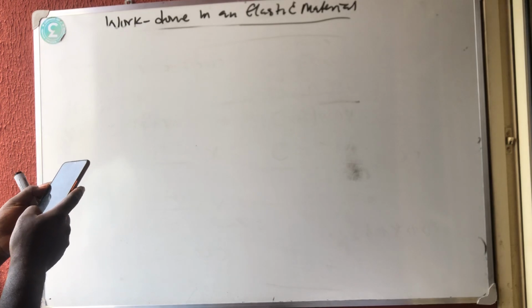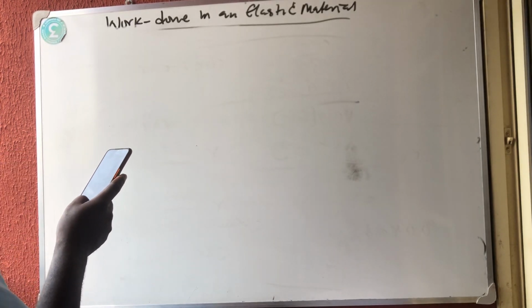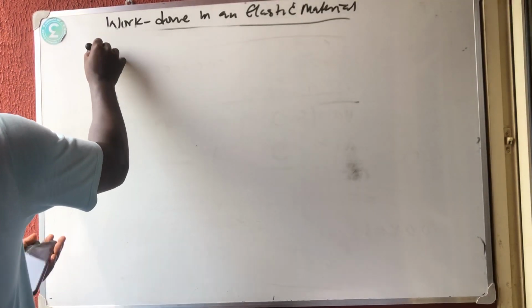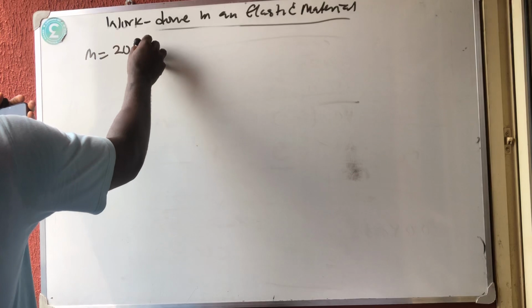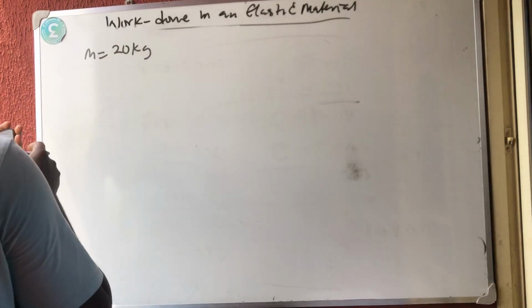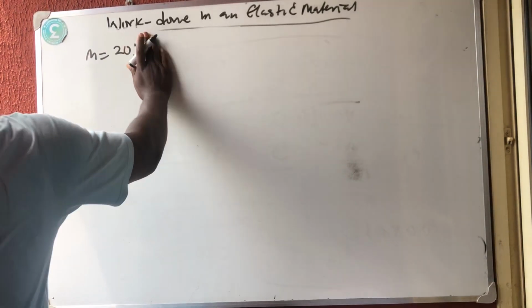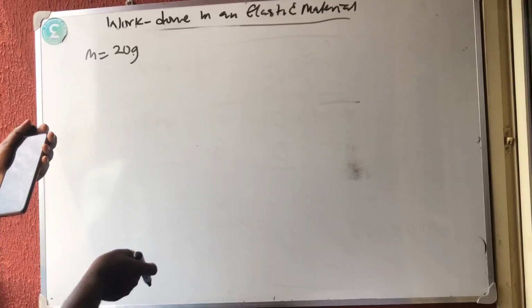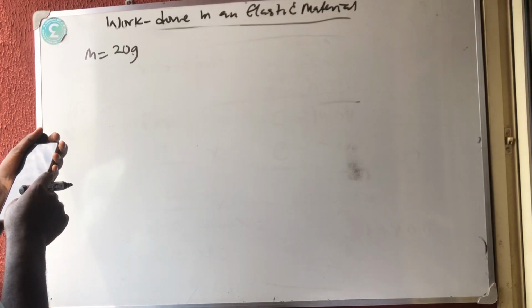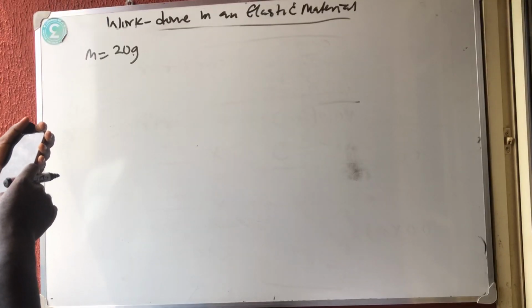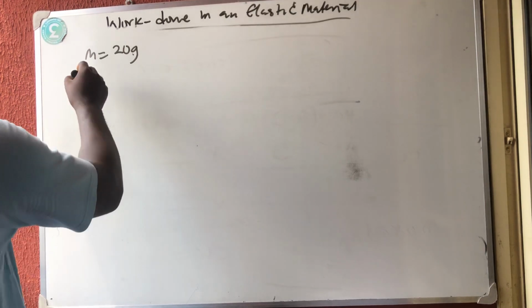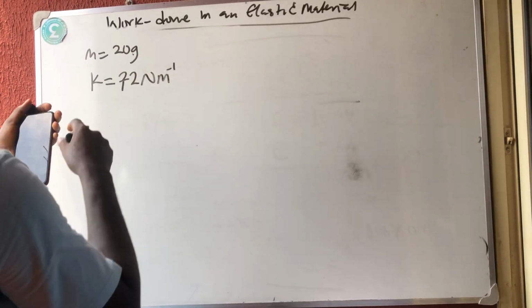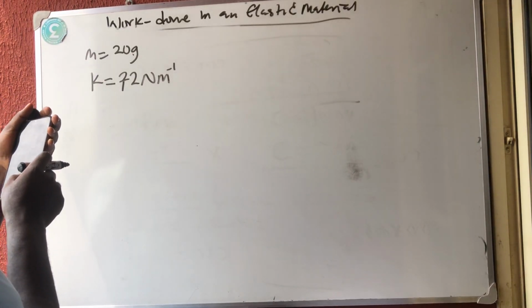Okay, so the last question we are going to take here said a stone of mass, they've given us the mass, 20 kg. Okay, a stone of mass 20 grams, sorry. A stone of mass 20 grams is projected vertically upward with a catapult whose rubber cord has a force constant. The force constant of this rubber cord is 72 Newton per meter. Okay, full stop. If the tension in the cord